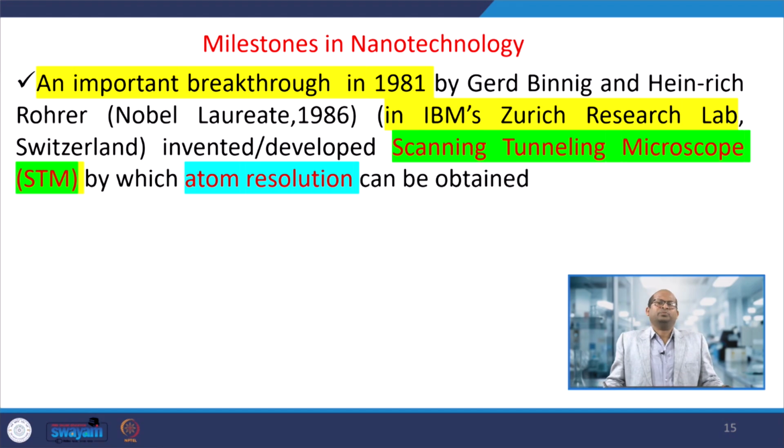Later an important breakthrough came in 1981 by Gerd Binnig and Heinrich Rohrer at IBM's Zurich Research Lab in Switzerland. They invented the scanning tunneling microscope, called STM, by which atomic resolution can be obtained. As I said, the atomic size is less than 1 nanometer in scale, and using this STM it is possible to detect materials at the molecular or atomic